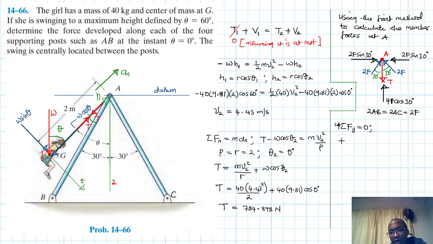So we have 4F cos 30 minus T equals 0, and therefore our F is just going to be equal to T divided by 4 cos 30,